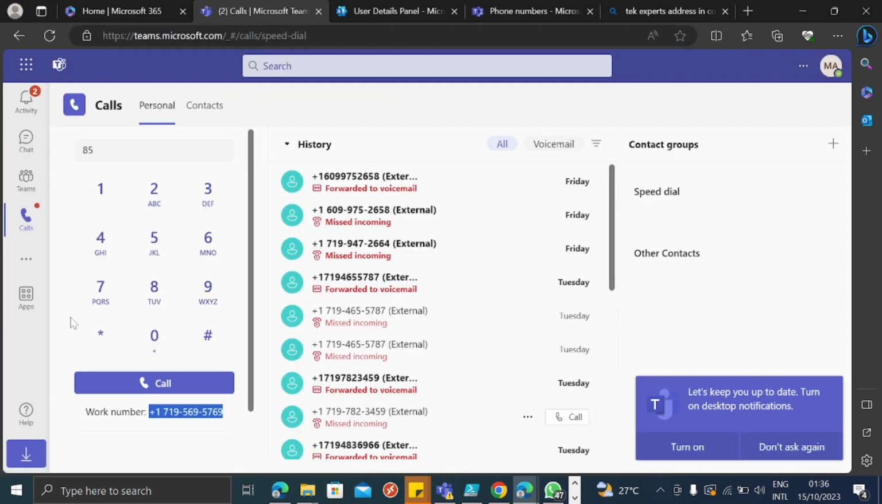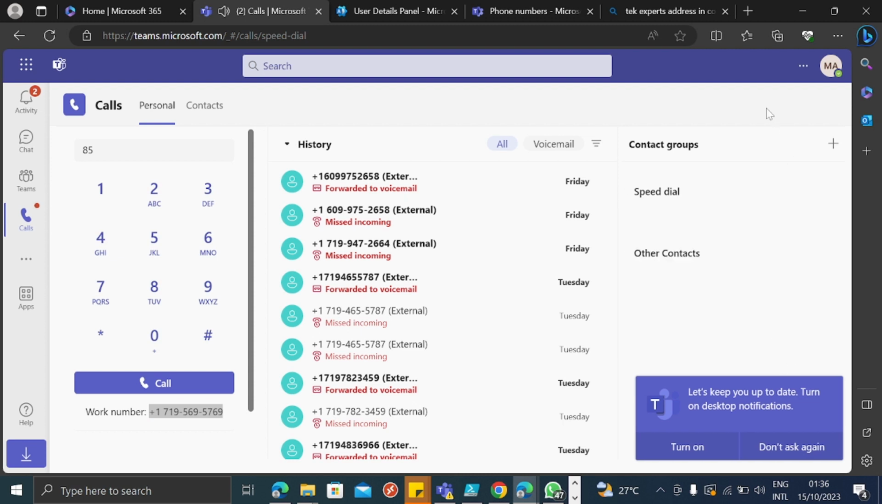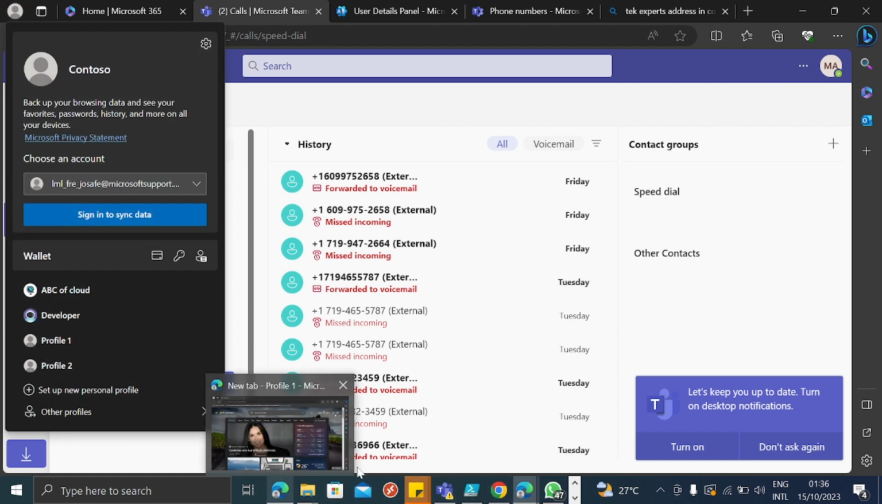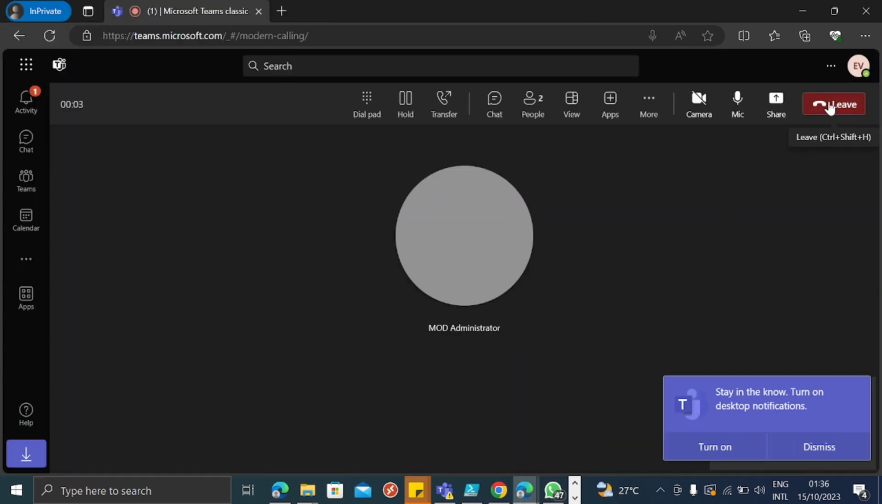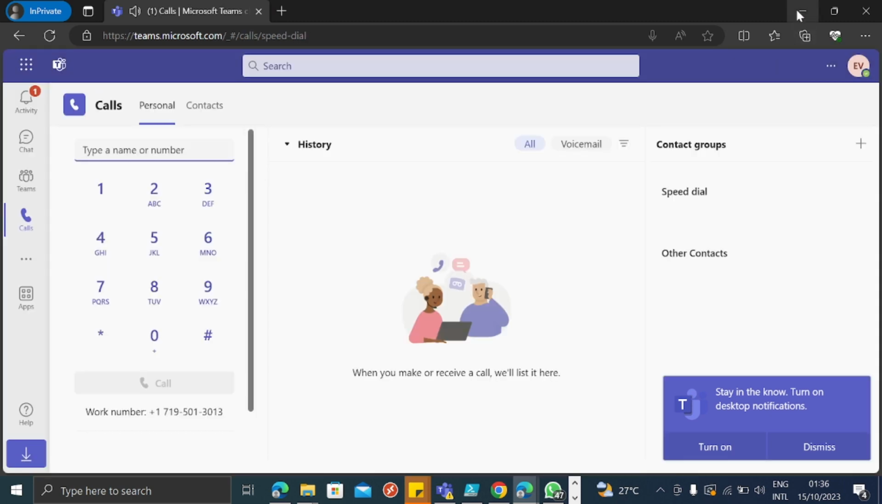Let me come to where mod admin is signed in. So I'm expecting, yeah, you can see that the call has just come in from mod admin, and he can take the call and discuss with the enterprise user. Okay, so I'm sorry for the noise, just hold on, let me quickly go to that side and end the call. So yeah, sure. So that is done,